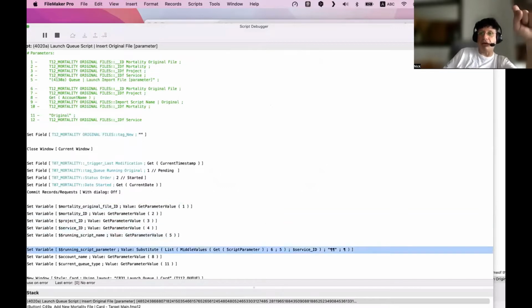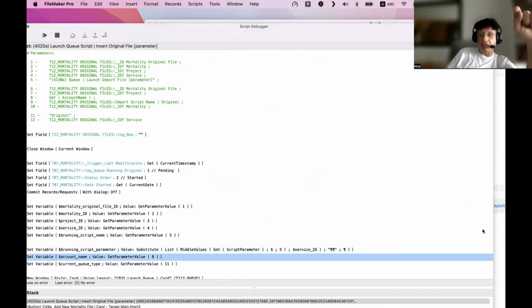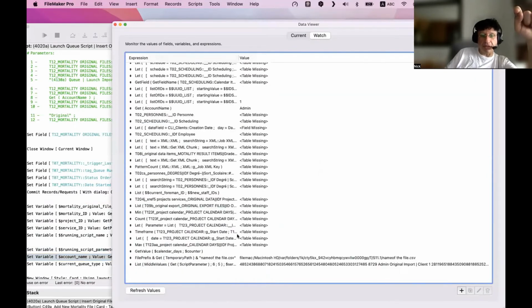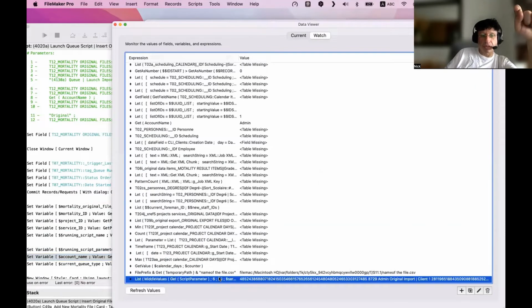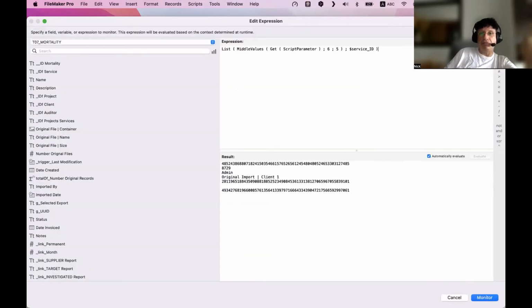Now if I go to this, now you have the middle value, 6 from 5, and then you have the service ID, right?